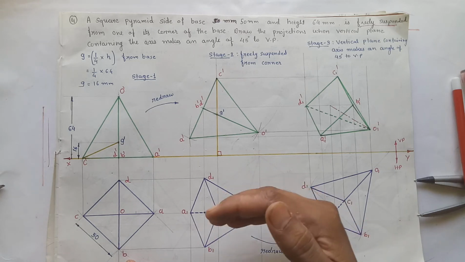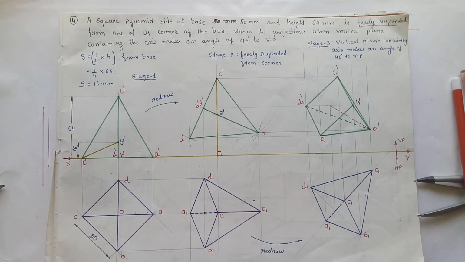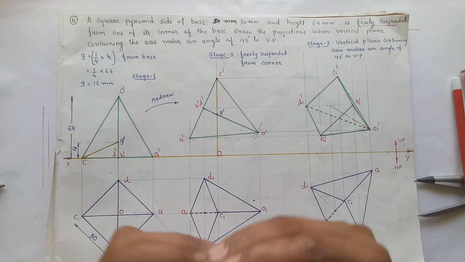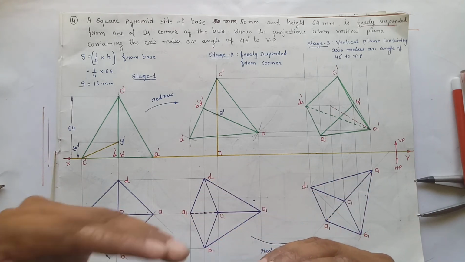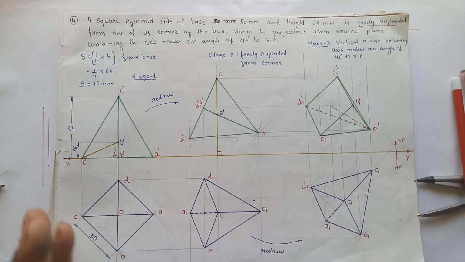So whenever you draw the plan or elevation of the figure, first of all you have to give the chance to the visible outline, then hidden outline, and then after that the axis. If we have the condition of overlapping, then first of all we have to show the visible outline, then hidden outline, and then we have to give the chance to the axis. Okay, so this is the second stage in which we have applied the third case to draw the plan in